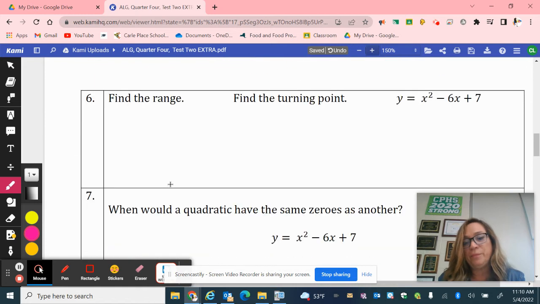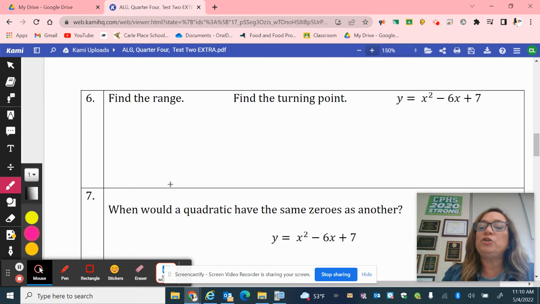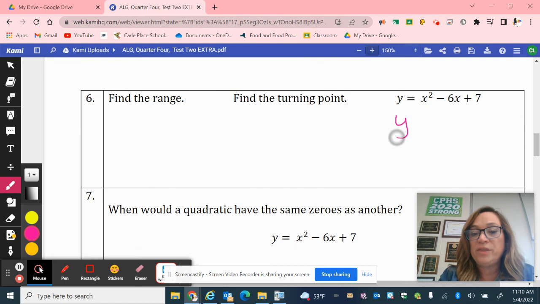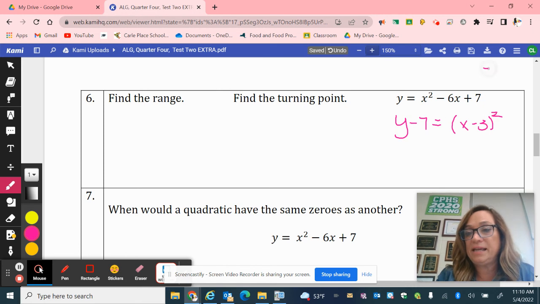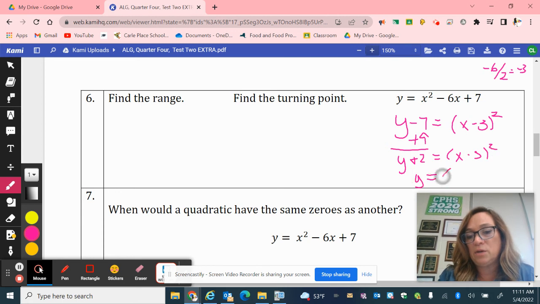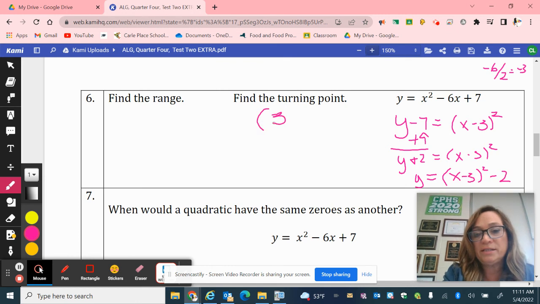All right. Find the turning point, find the range. I could use vertex form to find the turning point, or I could just use my calculator. With vertex form, it would be x minus 3 squared. I get the minus 3 because I take the negative 6 and divide it by 2. When I do that, I have to add 9 to both sides. So that would give me y plus 2 equals x minus 3 squared. And then you move the 2 back. So that would be y equals x minus 3 squared minus 2, which means the turning point is 3 comma